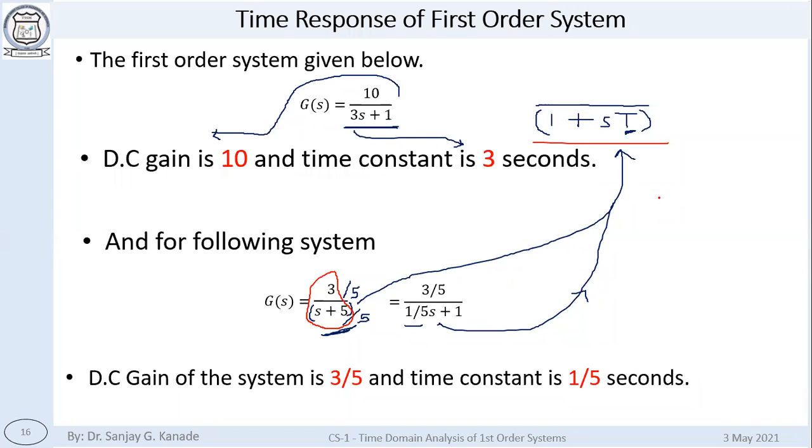A first order system has only one pole, so there is no question of a lot of adjustments. But even for higher order systems, there is this representation called time constant representation. In that case, there will be multiple T's, T1, T2, T3, T4, like that. Basically, in a way, you can think of a higher order system as a cascading of single order systems also. Okay, so let's move forward.